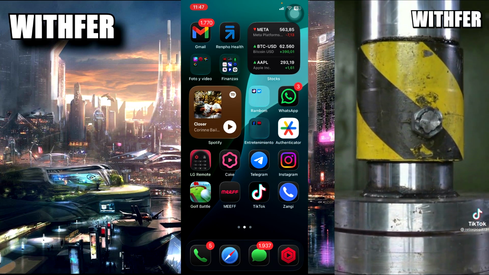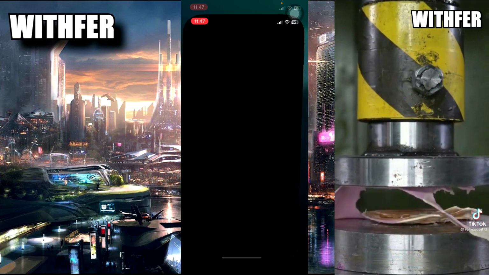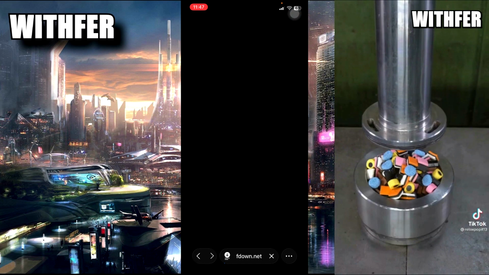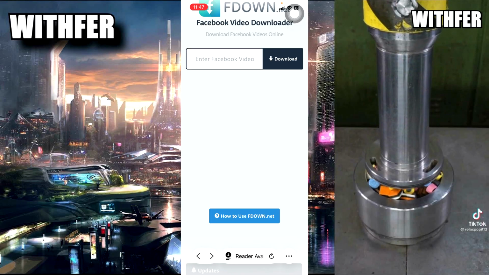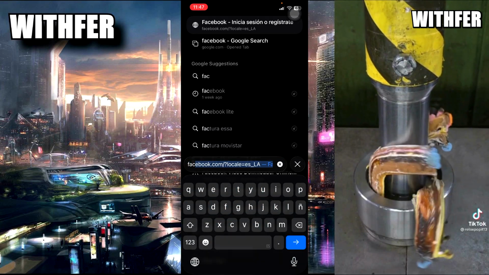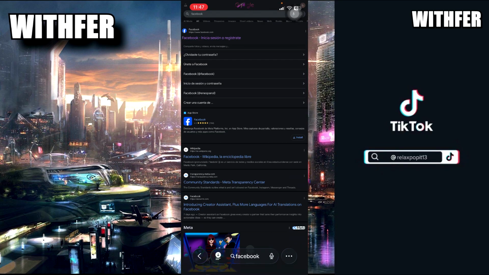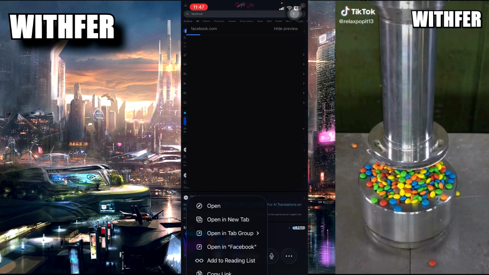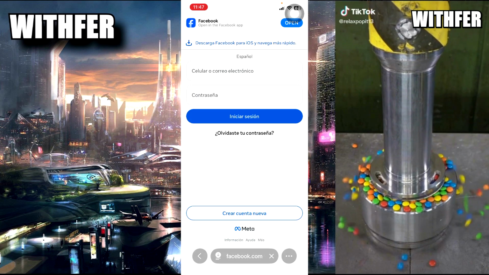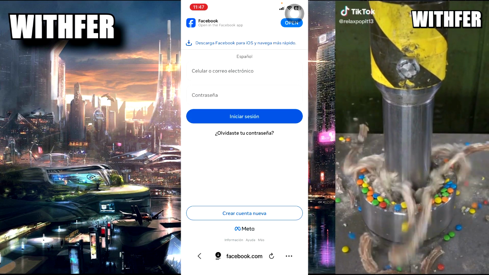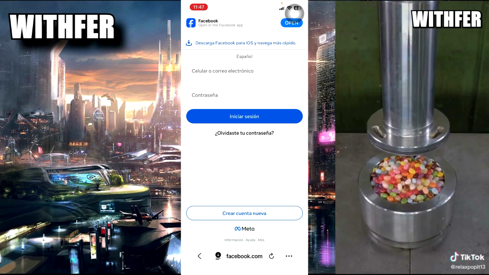Maybe this is great for you or maybe not, but you can use your Safari or your Google Chrome. Okay, here you can write Facebook, and open. Remember, always open in a new tab. Okay, open in a new tab, and here you can open your Facebook and check your messages.